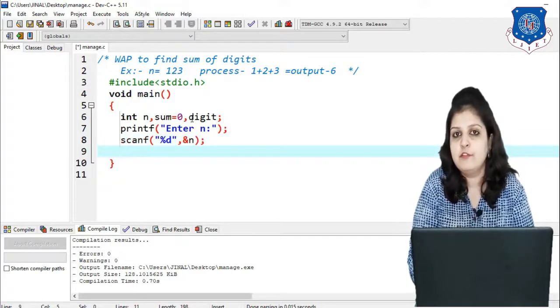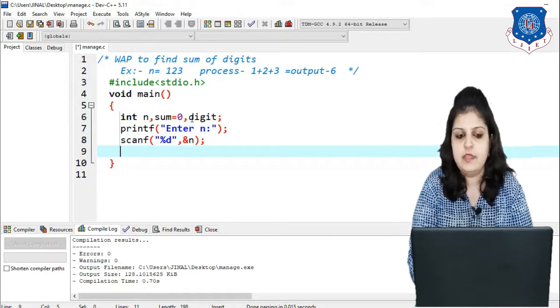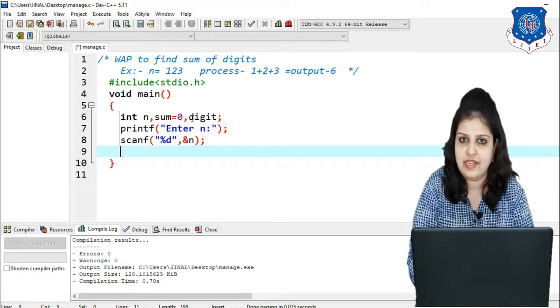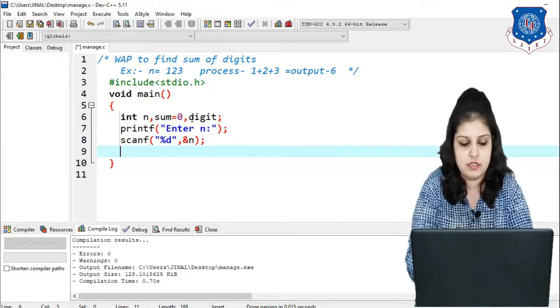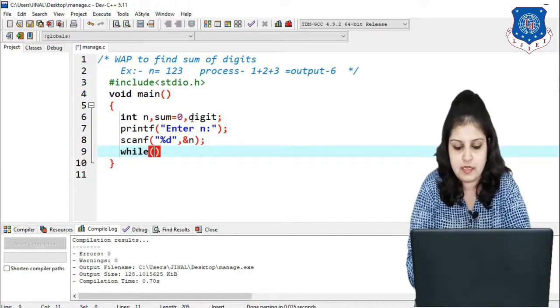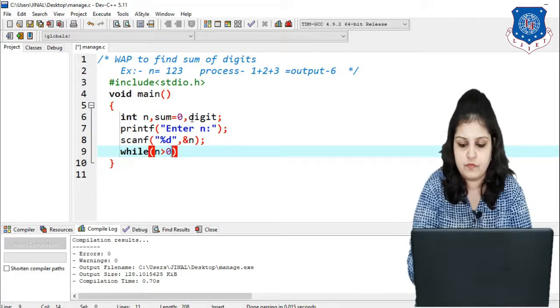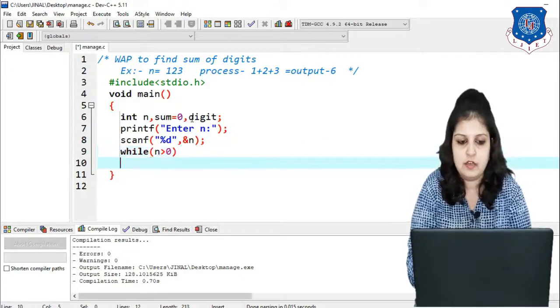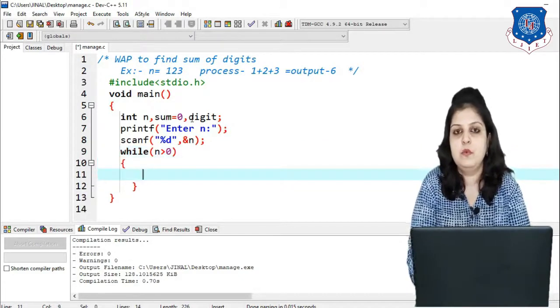Now which type of loop can we use here? Here we will not use a for loop, here we will use a while loop. And what is the condition? So I am writing while n greater than 0, then